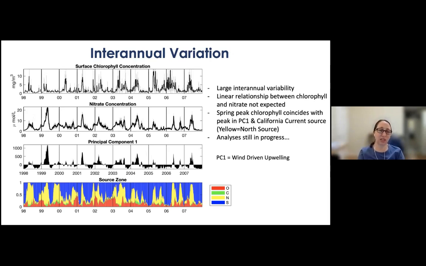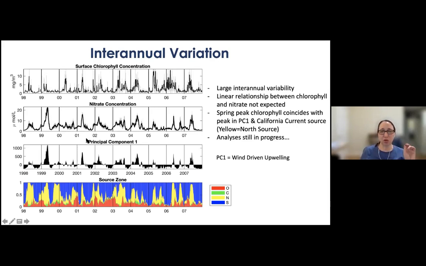So this is showing that the water from the north, or California current water, is yellow, and from the Southern California countercurrent would be blue, and then the red is, again, this sort of unable to identify area. So at first looking at it, it's hard to see a pattern, but there is a pretty clear one. The other thing I wanted to mention too is that